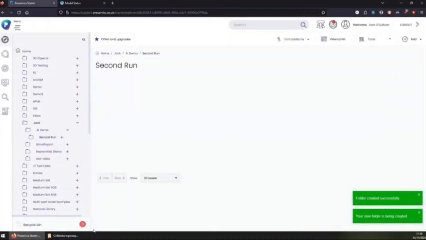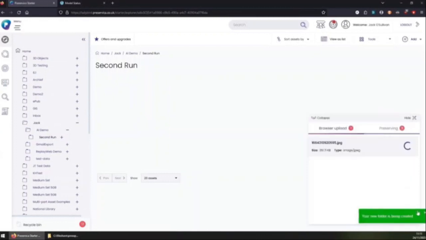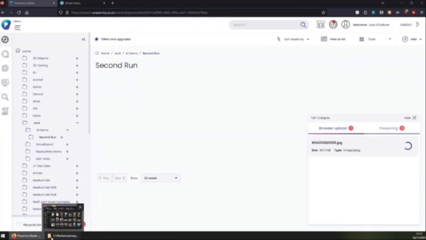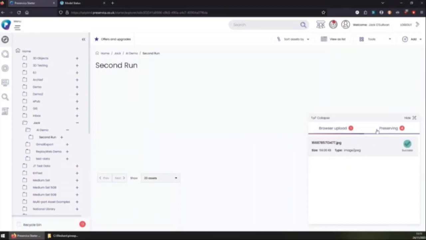So I'm just going to go through the same process again. I'm going to re-ingest a couple of the images, and it will do the same thing. Preservica, when these images finish ingesting, will fire off a notification.